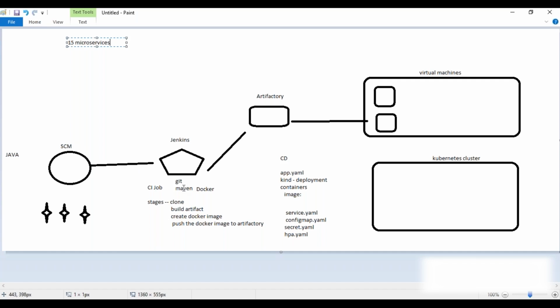Whenever developers do a code check-in, based upon that, it will create an artifact and build a Docker image in the CI job, and it will go and store in the artifactory. Then in the CD job, we take that image and deploy. Like that, all the 15 microservices should be deployed. So depending upon each microservice's